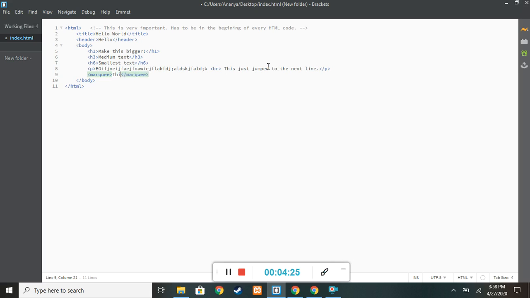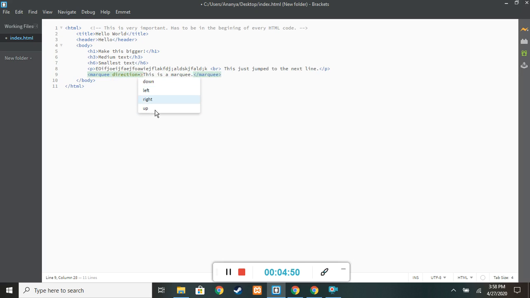I can show you. So this is a marquee that just keeps moving. What you have to do is, we didn't talk about this yet, we'll do it in our next lesson, but basically each element also has an attribute. So for marquee, the attribute would be direction